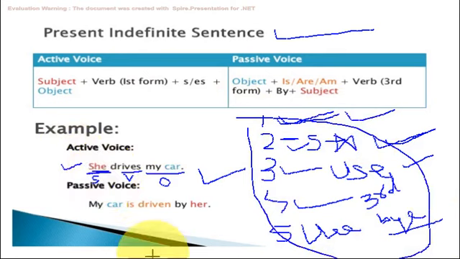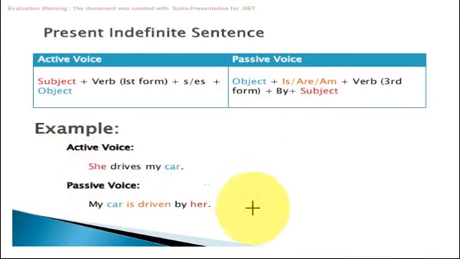Now just a minute. Now coming to this sentence, what is our rule? As soon as we see the sentence, we have to identify it: she drives my car. Simple present tense. This sentence belongs to simple present tense. Now divide